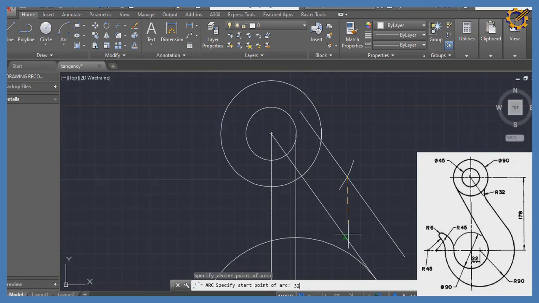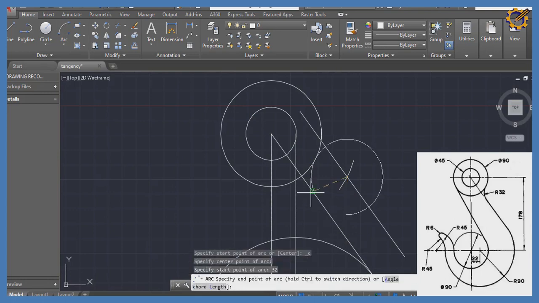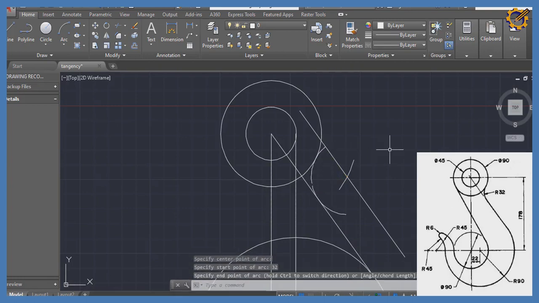Radius of what? 32. Then enter. So then pressing my CTRL, I draw upward. I'm having that right there. Okay, so I'm going to use my trim. Picking my trim, I pick this